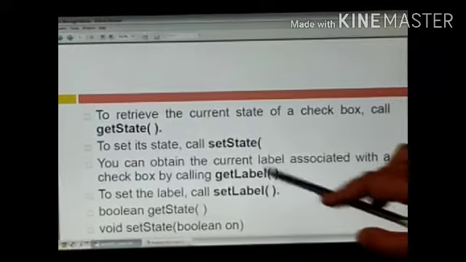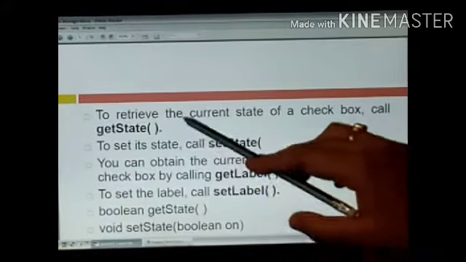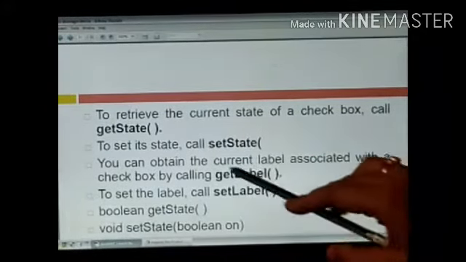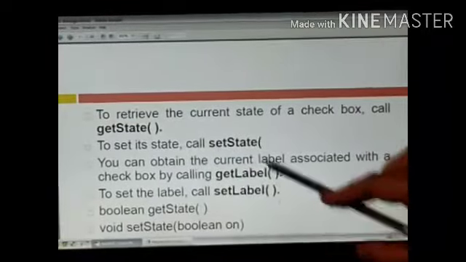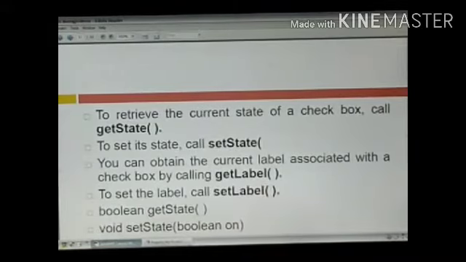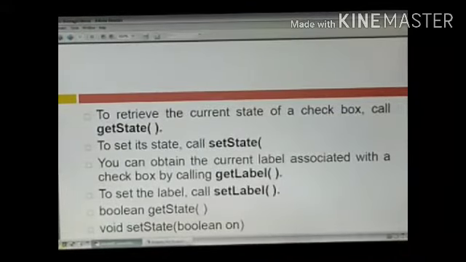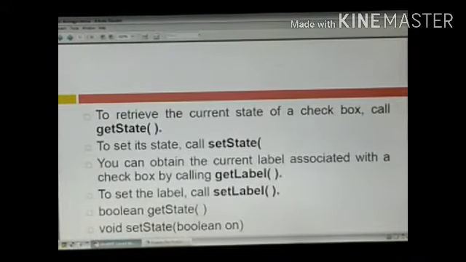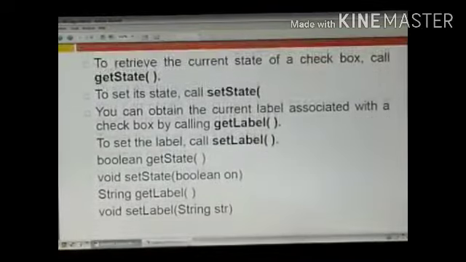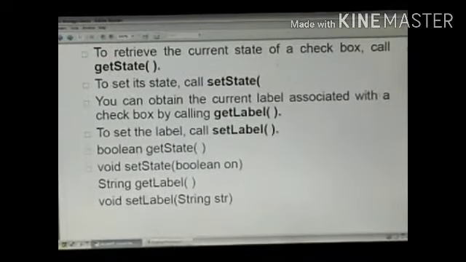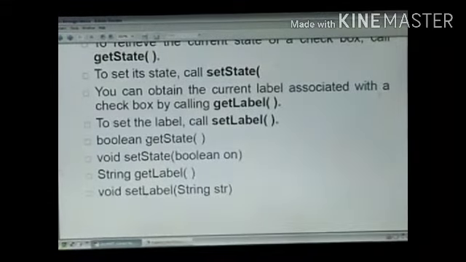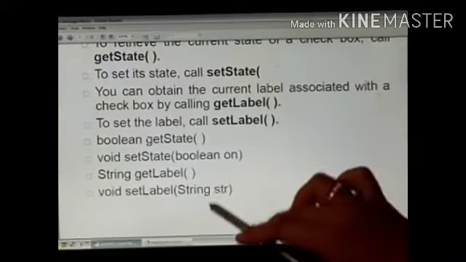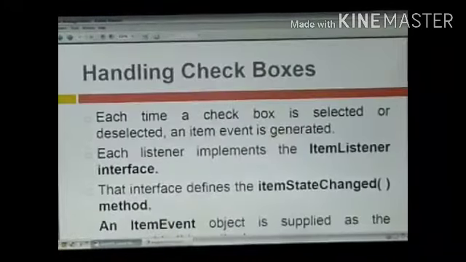We can get the state, whether it is marked or unmarked, checked or unchecked, and we can get the label if present, otherwise we can give a label with the setLabel method. The format is boolean getState() and void setState(boolean on), which means the button is on. String getLabel() returns the name of the label as a string, and void setLabel(String str) sets the name of the label to the parameter str.